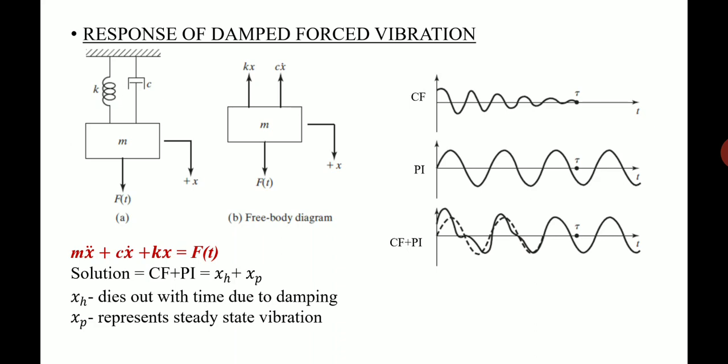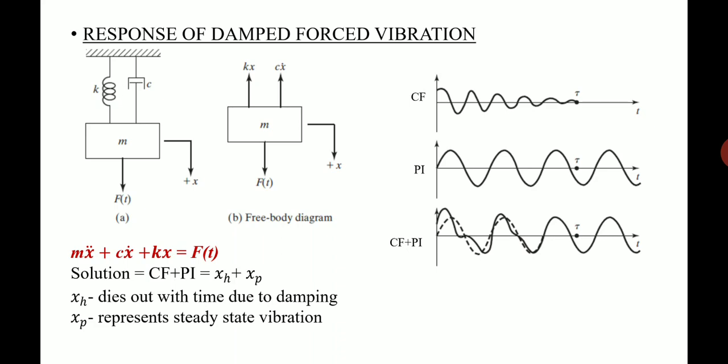In that case we have discussed three cases where the vibration dies out. First one is overdamped condition, second one is underdamped, and third one is critically damped. In all those three cases we found that the vibration dies out with respect to time, gradually in exponential form. So if mx double dot plus cx dot plus kx is equal to 0, that is free damped vibration, the solution is given by the complementary function, which represents a case where the vibration dies out, as shown in the first graph.